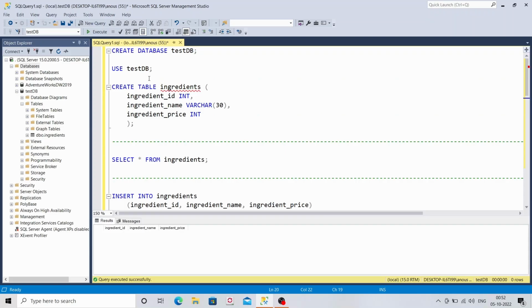So in SSMS, you can see what we've done here. In the last few videos, we've created a database testdb, and then we've learned how to use the use command, and we've written use testdb, which navigates the SQL server into the testdb database instance. So now when we query, we'll be accessing that specific database,